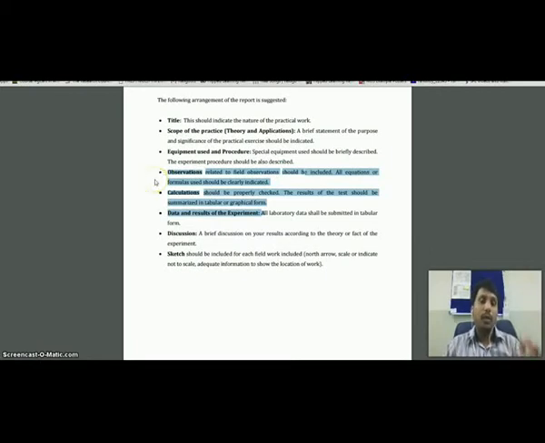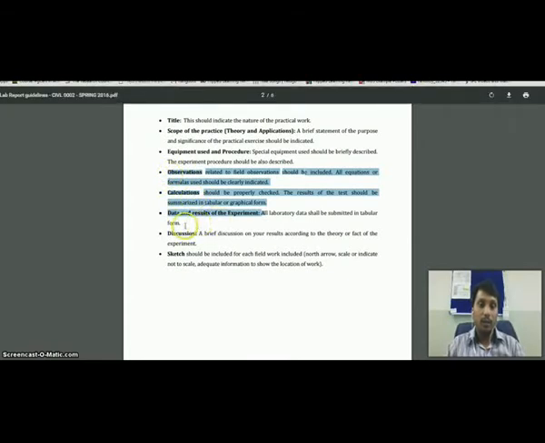So here you have to provide your tables, but when you are providing tables, provide some model calculation. Model calculation means you are required to provide some examples of how you calculate height of plane collimation, how you calculate rise, how you calculate fall. From height of plane collimation, how you calculate RL. From the rise and fall method, from rise, how you calculate RL, reduced level. From fall, how you calculate reduced level. Everything has to be included in this.